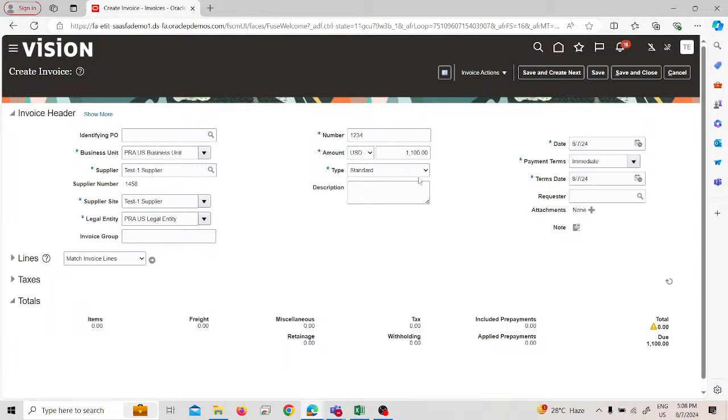So what is the type? The type can be prepayment, debit memo, credit memo, retainage release. We are going to see the invoice types later. Right now we are going to see the standard type, because we are creating a normal standard invoice. So we can see here the date, immediate and terms date, which I have already explained to you in the